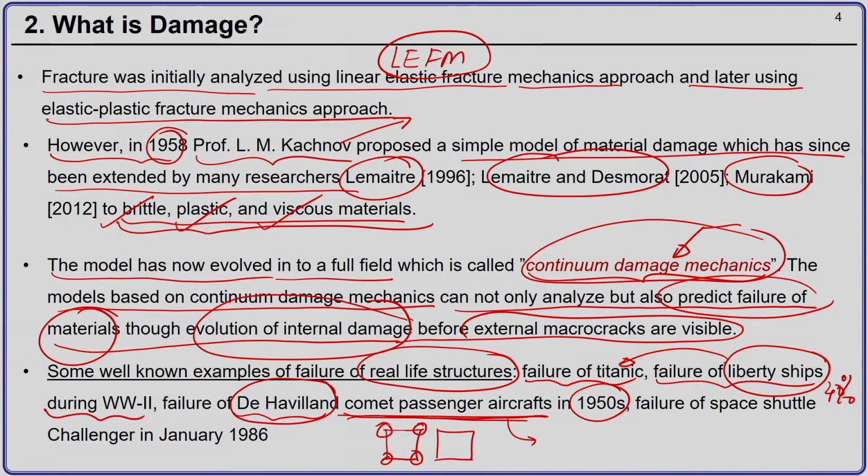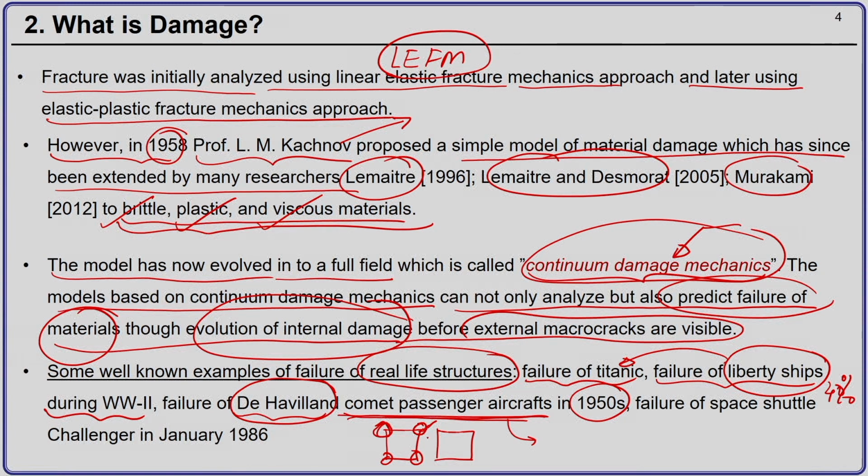cabin, there was fatigue loading being exerted on the fuselage and also the windows, and these sharp corners were where a crack would originate. Because of the sharp corner there was a stress concentration, and the cracks would originate at those sharp corners, and then after a certain number of loading cycles there was a catastrophic propagation of this crack from one window to another and also over the fuselage, leading to breaking of the fuselage into two parts and eventual crash.